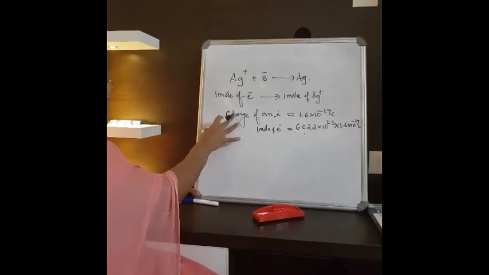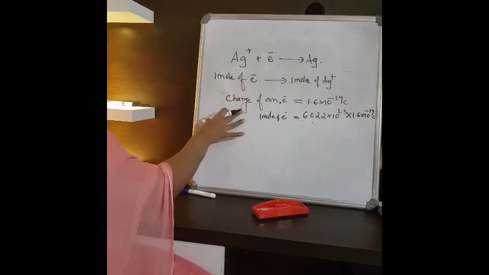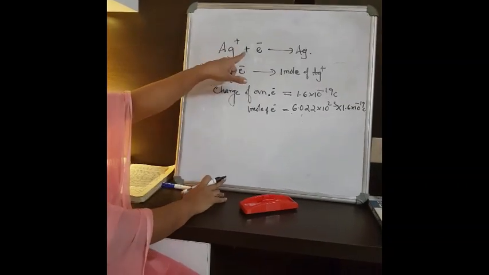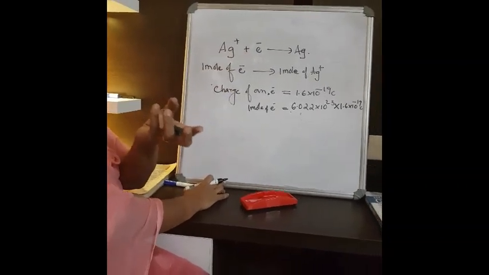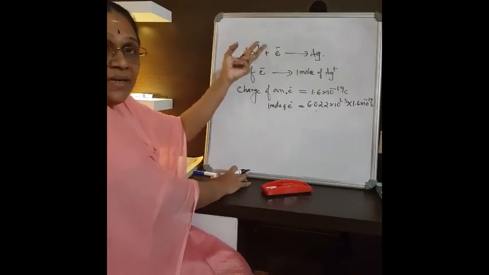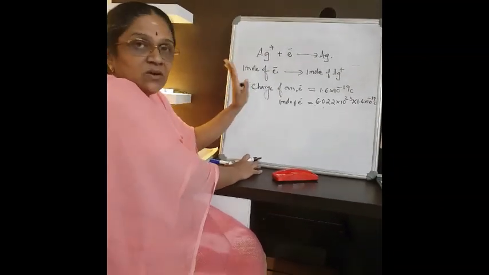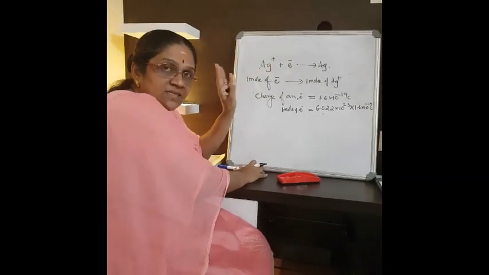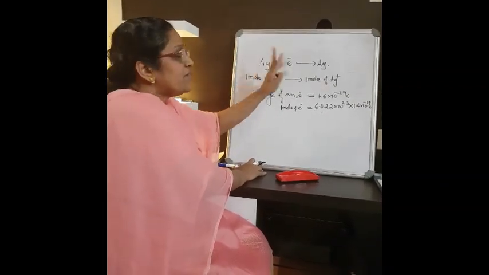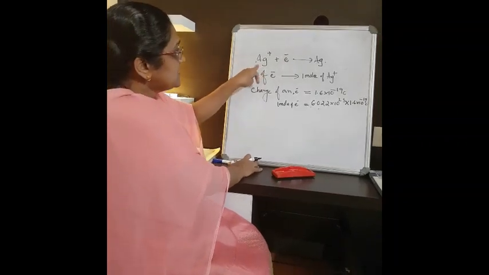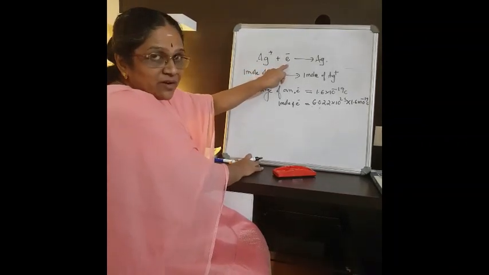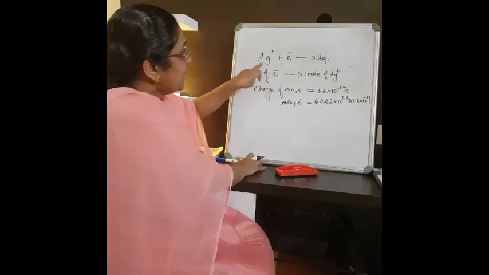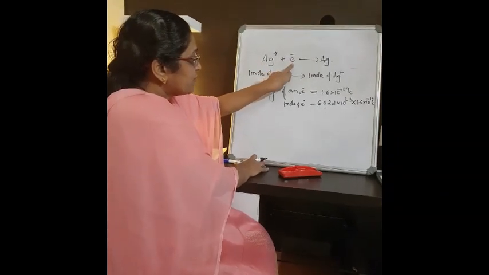It is nothing but this: for all oxidation reduction reactions, the quantity of electricity for the reaction to happen depends on the stoichiometry of the reaction. If it is 2, it's another case. If it is 3, it's another case. So, it depends only on the stoichiometry. That's all. Now, in this case, listen carefully, 1 mole of electron is needed